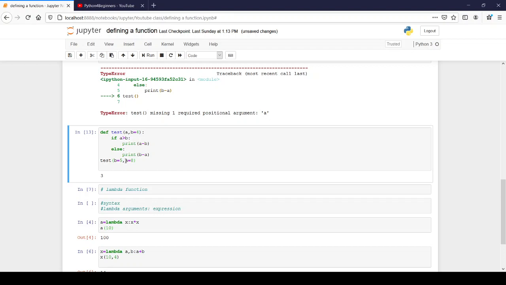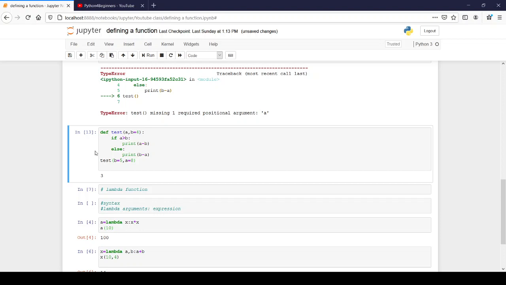Yes, because a, 8, is greater than 5, so it will give 8 minus 5, which is 3. Actually we defined b equal to 4 here, but it will take the value given in the function call, so it will take the value 5.